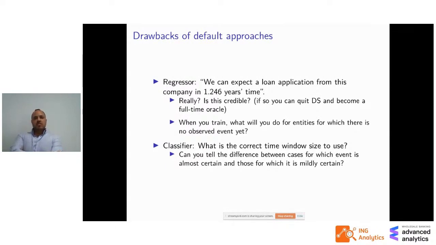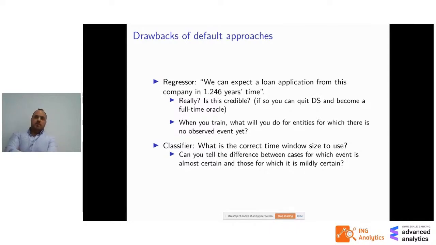So if you decide to go for the regressor, then, if you read the first line there, you can end up with predictions like, if you were trying to predict loan applications, we can expect the loan application from this company in 1.246 years' time. Yeah, that's not really a credible prediction, right? I mean, you can make it, but when the time comes, let's see if that actually happens, right? It's very unlikely unless the process is already very deterministic,